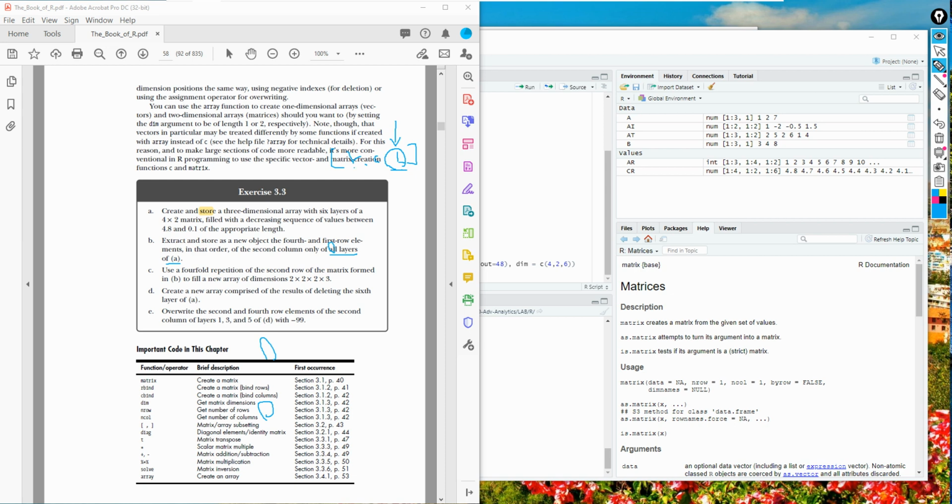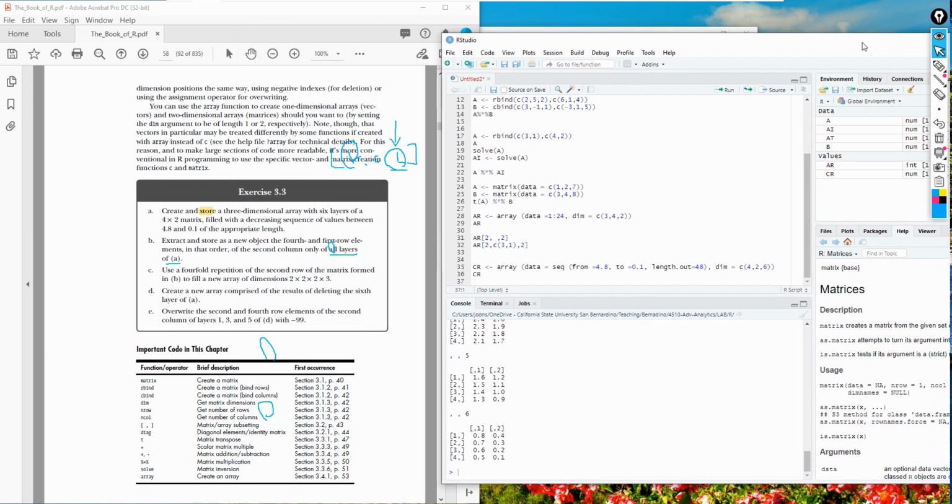So for the row, we need to use a vector of 4, 1, and they said second column, so the column is just 2, right?